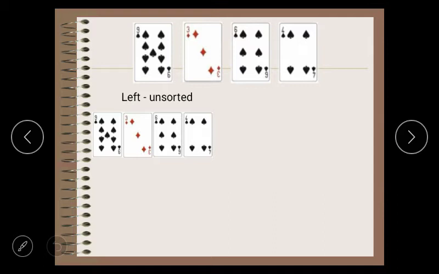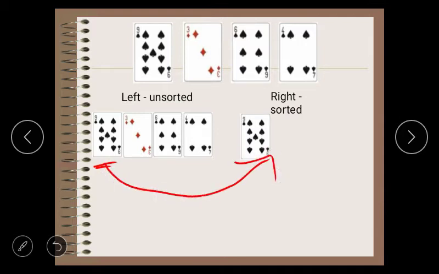Our first card is 9, and there is no other card in the right hand, so 9 simply goes to the right hand. Now we take the next card in our left hand, that is 3.